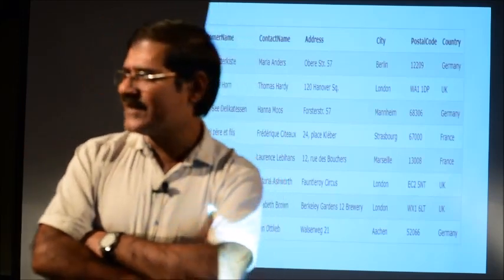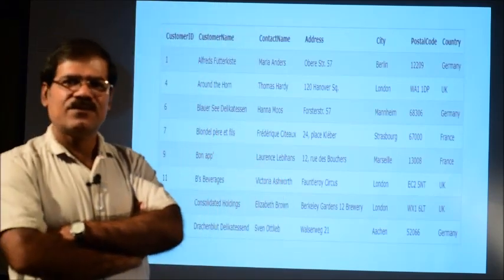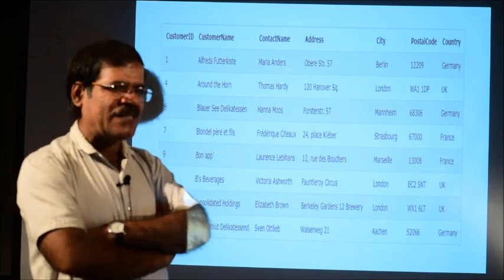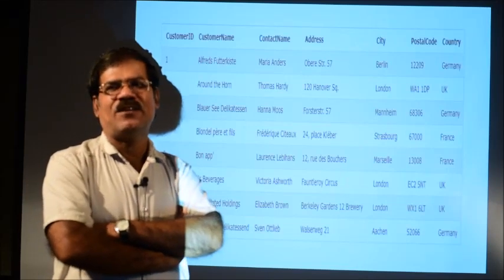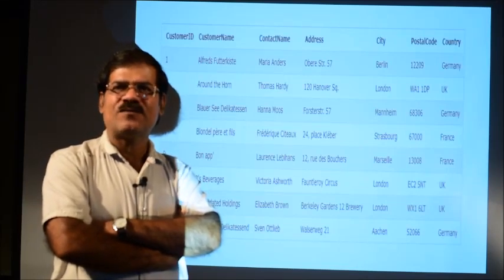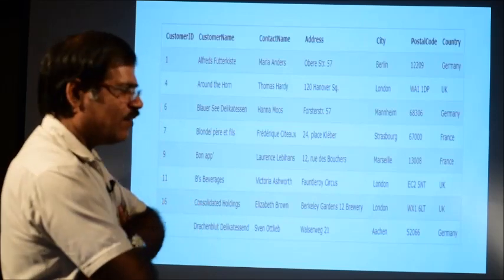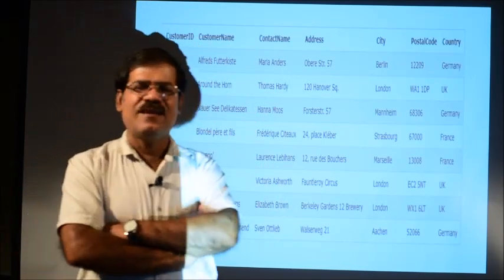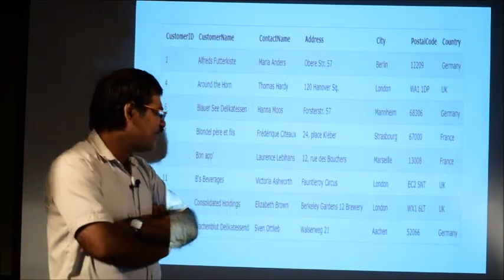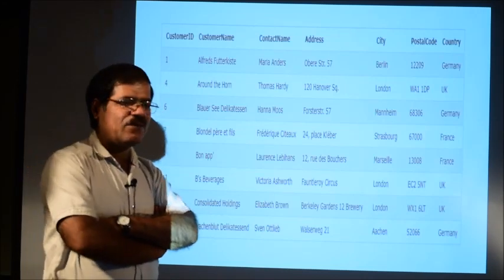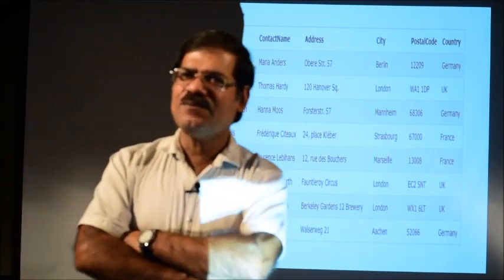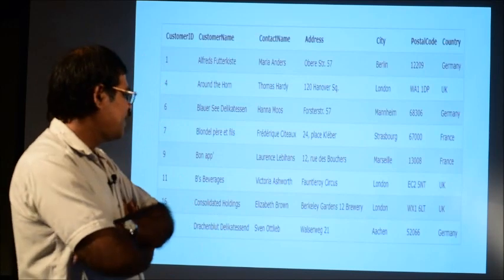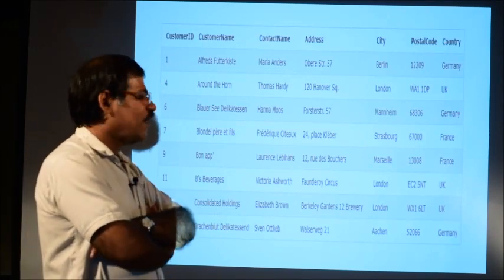So here the records are selected from multiple countries. That is not a single country, there are multiple values. By using the multiple values you can select the records. So what are the multiple values? Not a single country, I am selecting the records from multiple countries. Value 1 is Germany, value 2 may be UK and value 3 may be France. So from the multiple countries you can fetch the records by using the IN clause or IN operator. Okay. So this is about your IN clause.